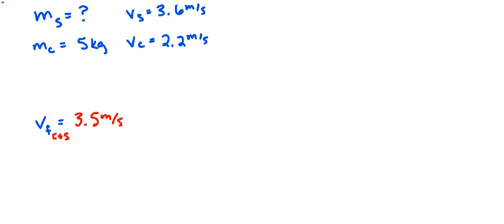So the salamander's mass is what we don't know. That's the final 5 words of this question. Say, what is the salamander's mass? And so that's what we don't know. We know everything else. We know initial velocity of the salamander and the carp's mass. And so we're going to set this up,